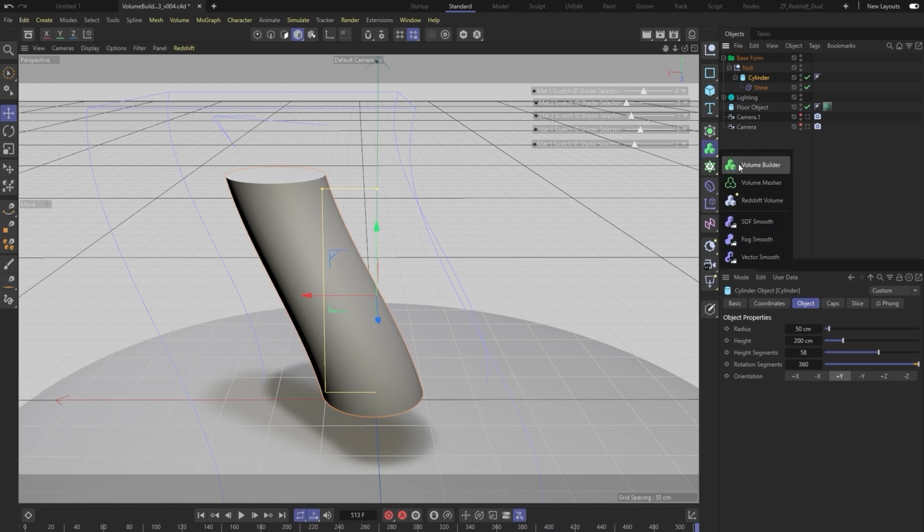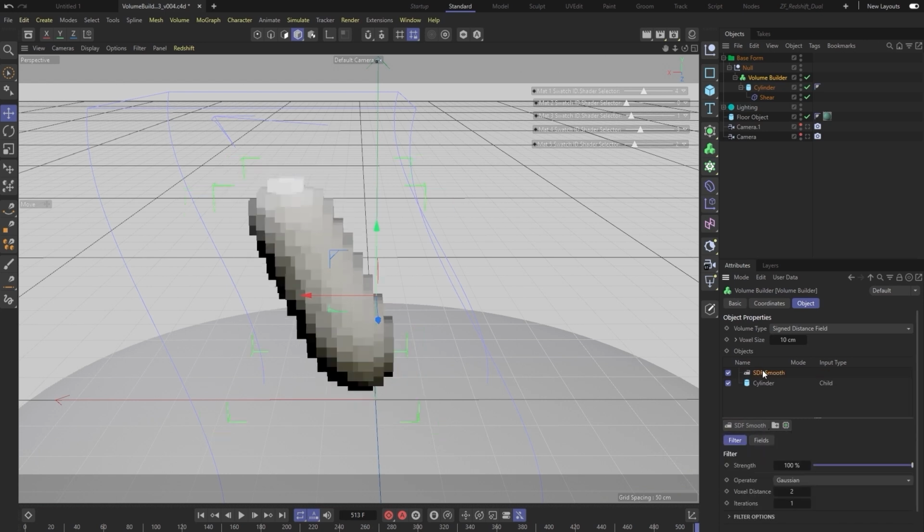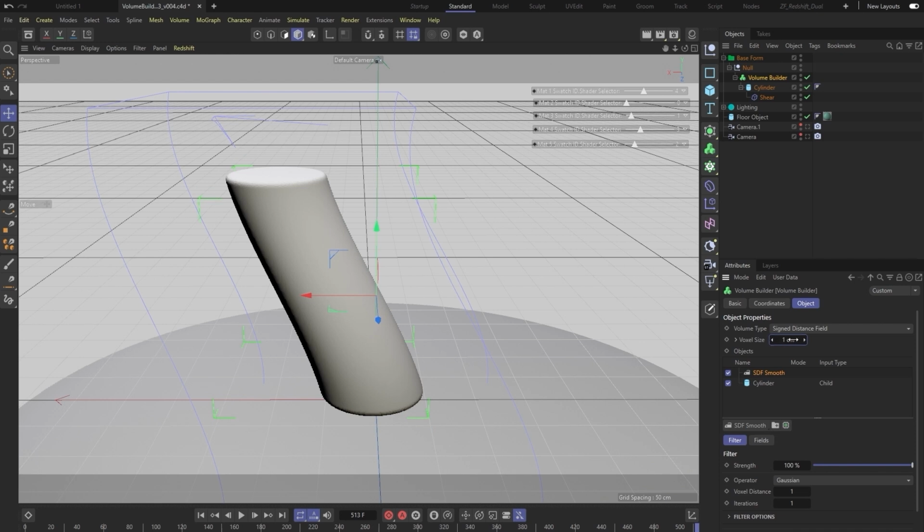So I'm going to hold the Alt key again, and now this mesh will be inserted into this nice volume builder. And at this point, let's go ahead and add a smooth layer on top, because this will become useful. And our smooth, we probably will be needing to dial it in. I'm going to dial down the voxel distance, and turn the voxel density up by decreasing their size, so I have a higher frequency of voxels to measure my mesh with now. And maybe I'll increase this back to 2.